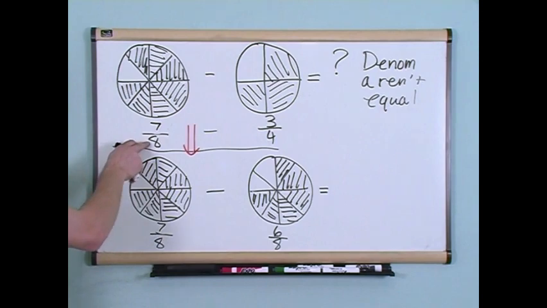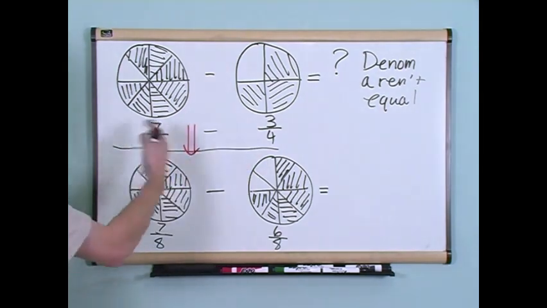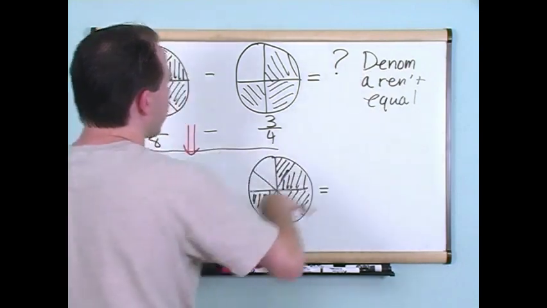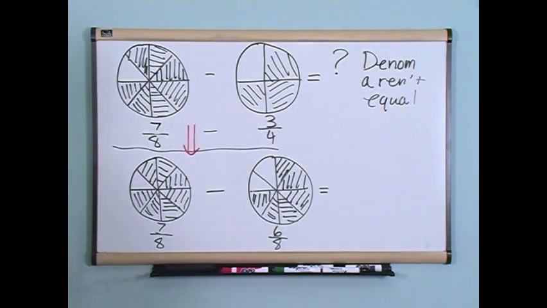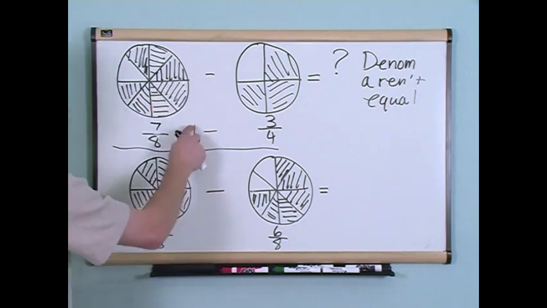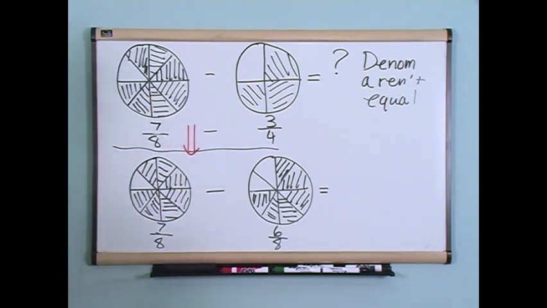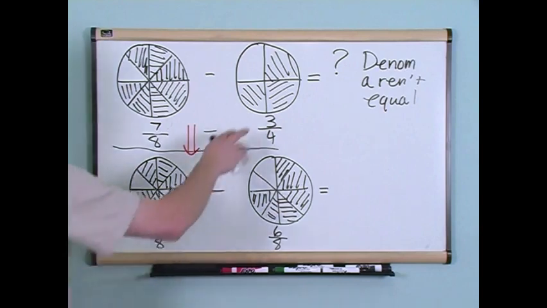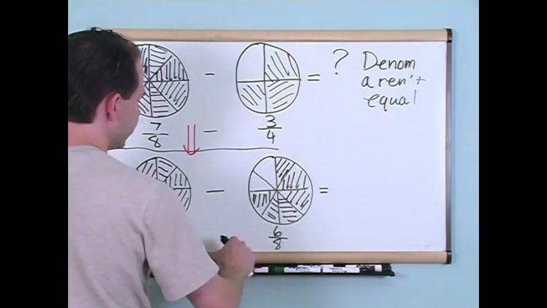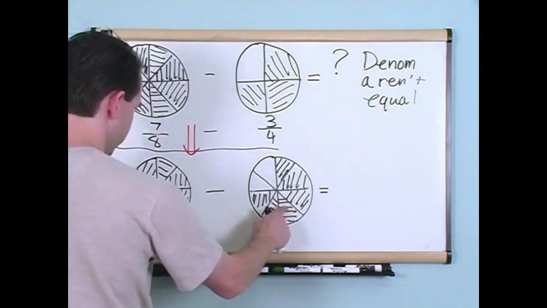Well, the first thing you know is that the bottom numbers, the denominators, are not the same, so you can't subtract them. So that's why I have here the denominators aren't equal. You don't know how to do that. So what we're going to do is change the problem into what I have down here, and that's what this arrow means. I'm going to keep this top one the same, 7 pieces out of 8, that's 7/8. And we're going to change this problem. We're going to make a pie with 8 pieces, and we're going to shade 1, 2, 3, 4, 5, 6